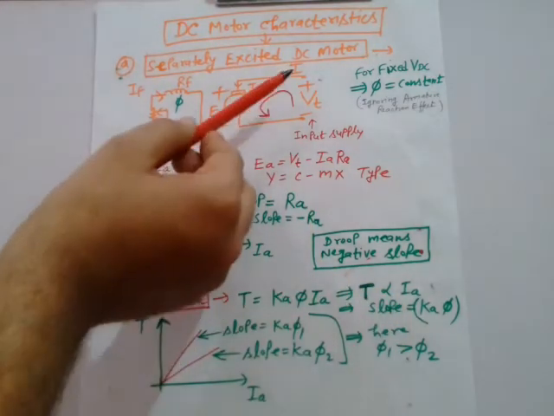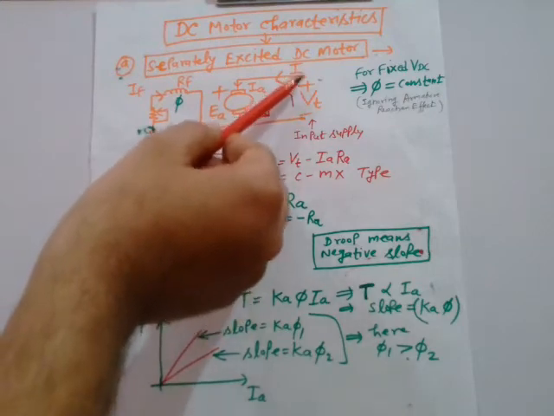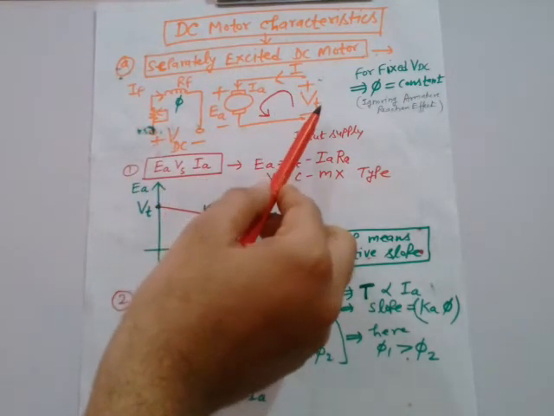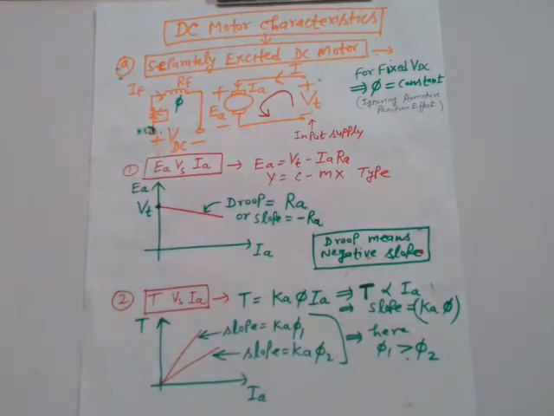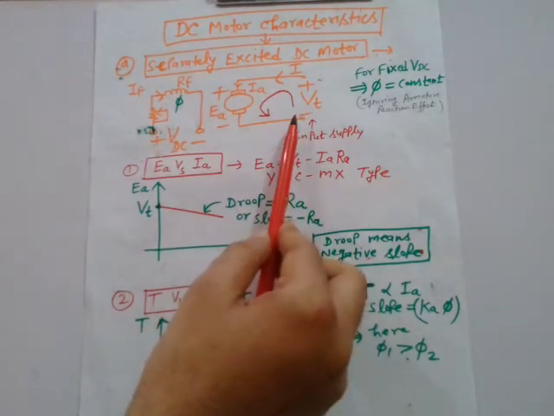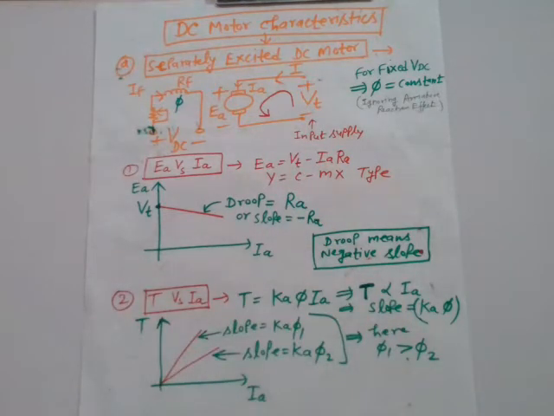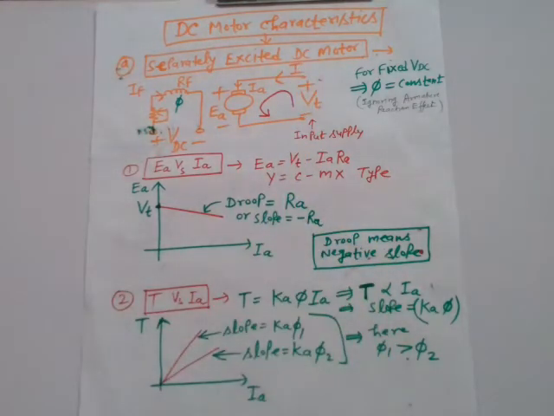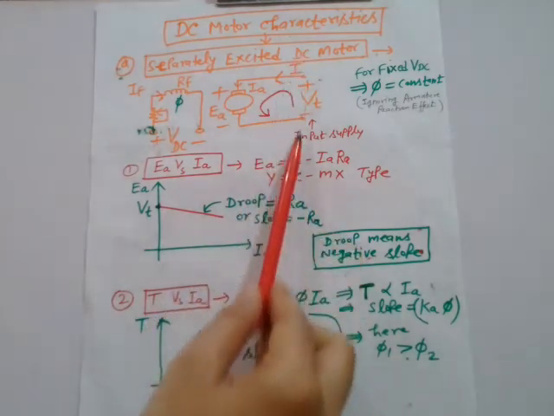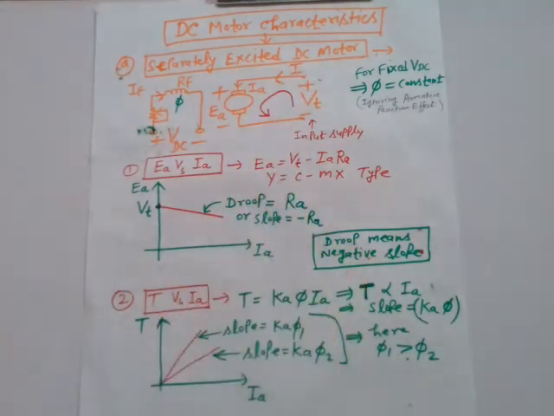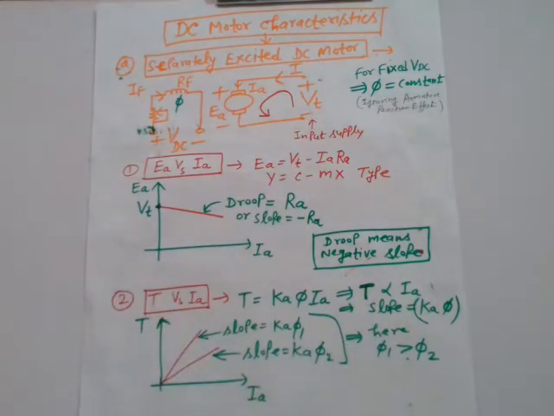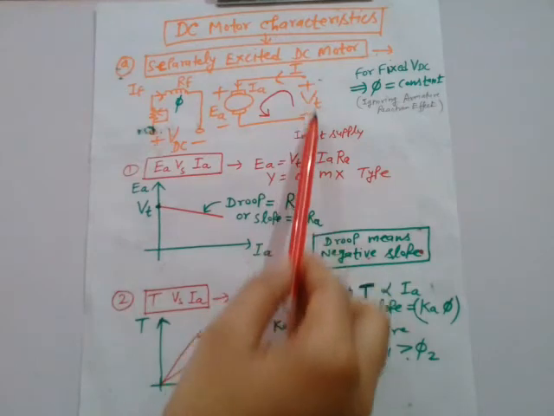right? So this is my input supply voltage to the motor at the terminals, which I have represented by V suffix T. Suffix T stands for terminals, right? And these terminals are input for the motor, just opposite to generator, right? For generator, these terminals will be output terminals, right? But for motor, these terminals are input terminals across which you have applied the supply voltage at the terminals, which is VT. So this is input for the motor, these terminals.